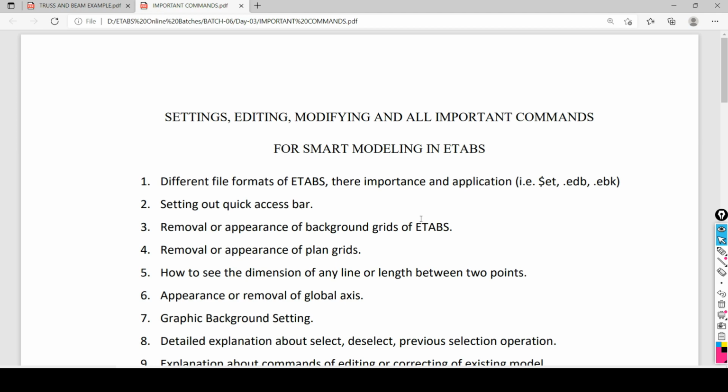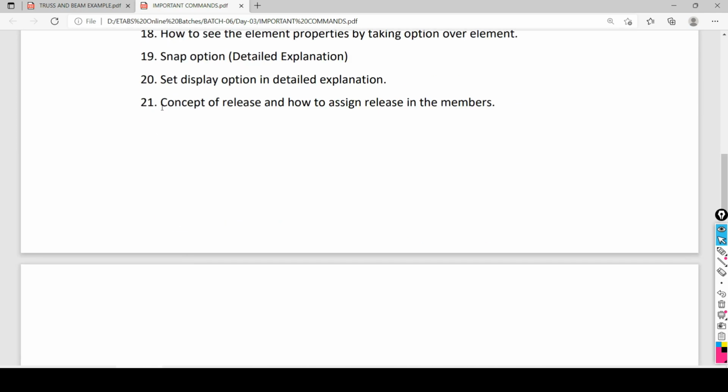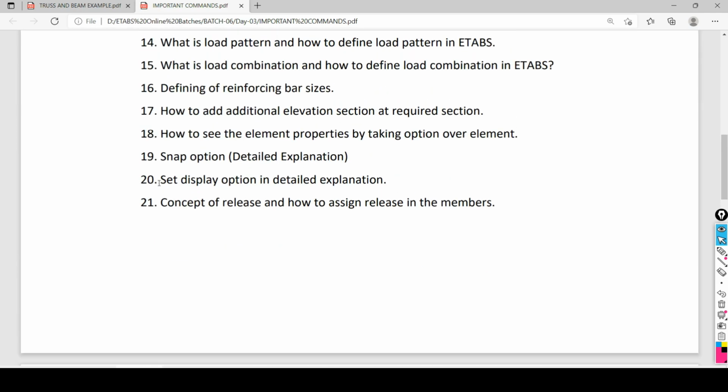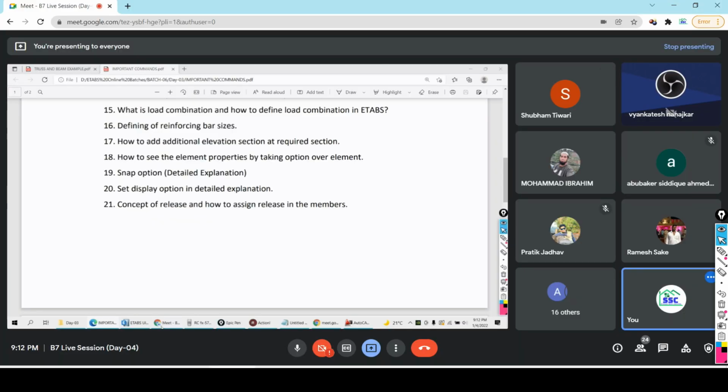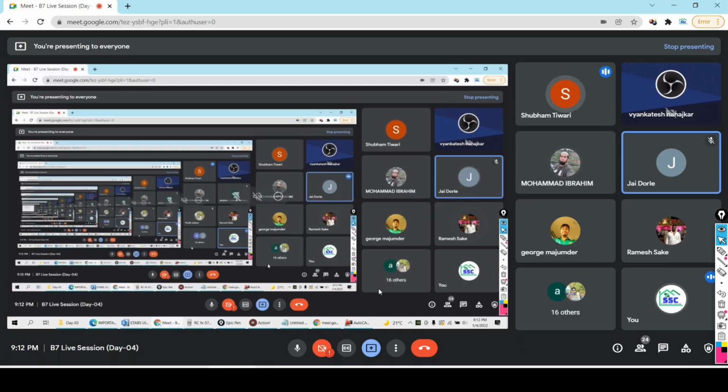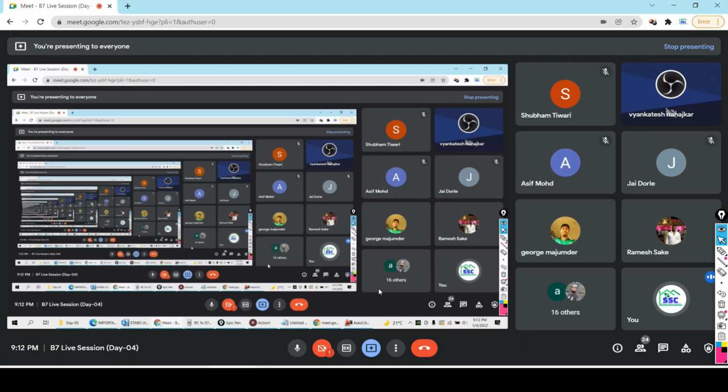About 21 are actually written here, but almost 30 to 50 commands we need to see, along with basic concepts and basic settings, so that you will be familiar with the software and we can proceed to the next exercise. Is that all clear? Yes, sir. So this is all for today, and everything will be shared with you. If you have any doubt or question about today's topic only, you can ask.